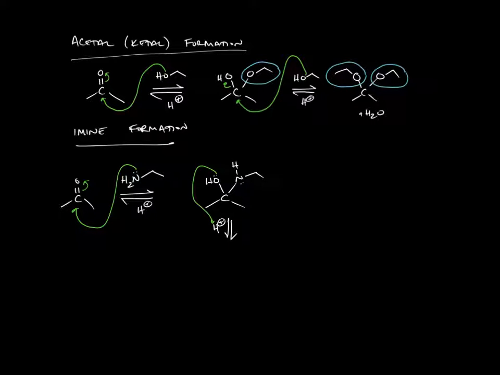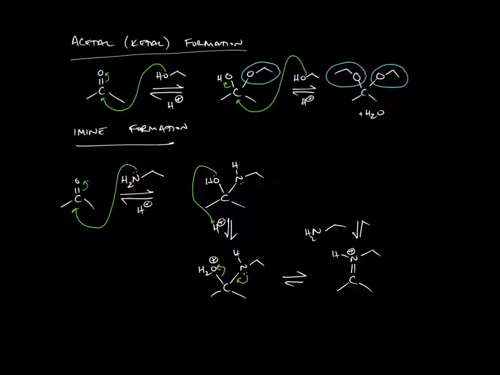which would turn that group up there into an OH2+, which is a good leaving group. And then the nitrogen has another lone pair. So instead of waiting around for a second amine to come in, the current amine that is attached can just share a second pair of electrons down there and kick off that water. That would give us a C double bonded to that N with a plus charge and an H attached. And using some of the amine that we have in solution already,